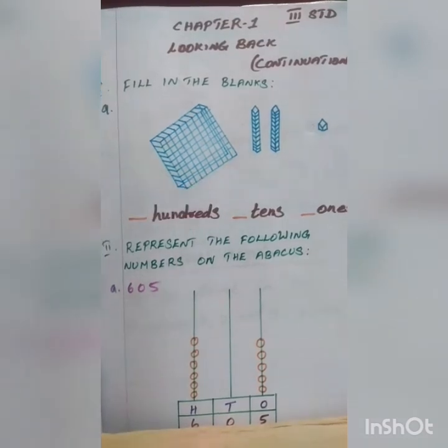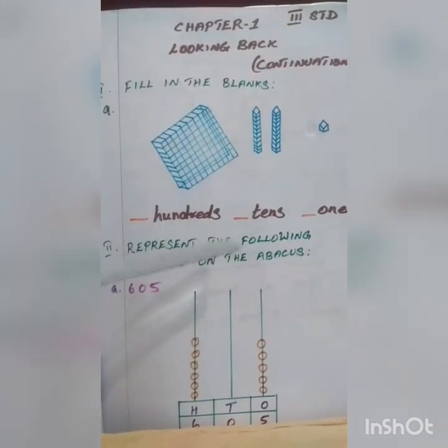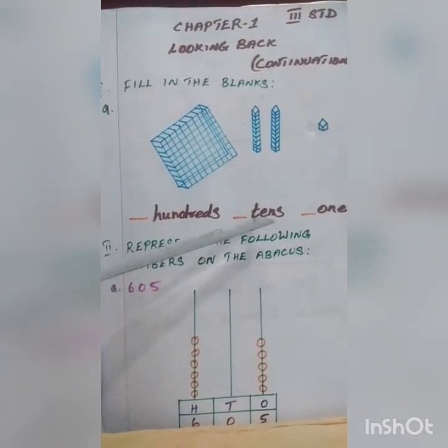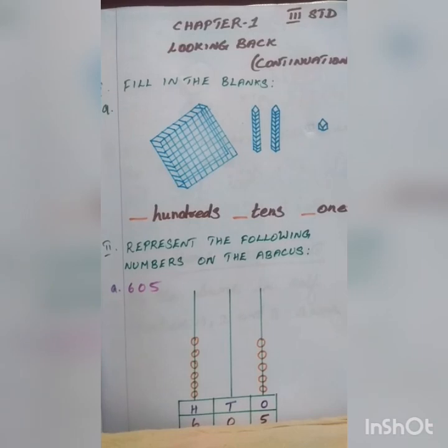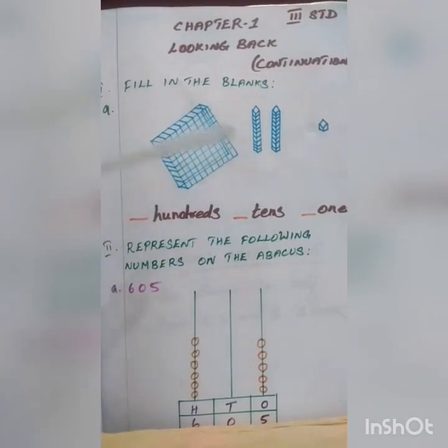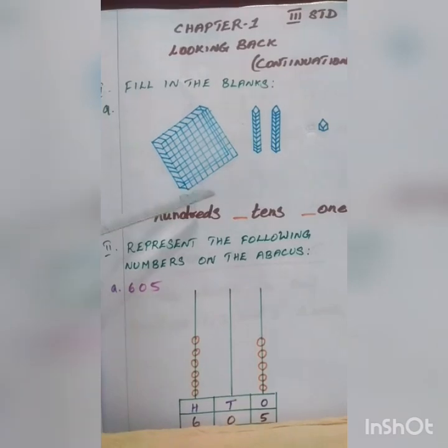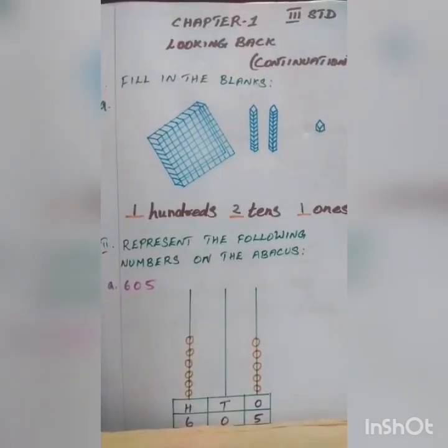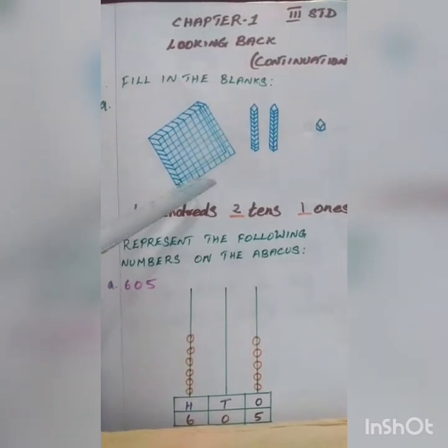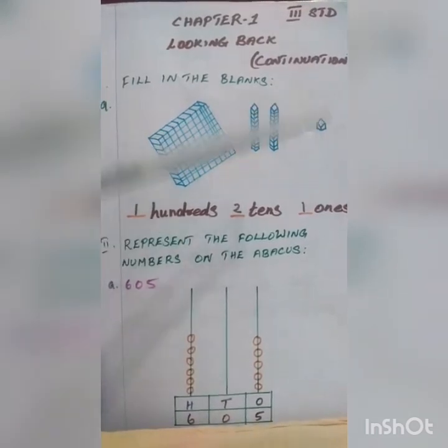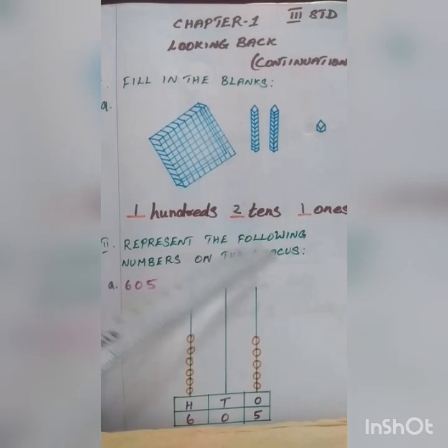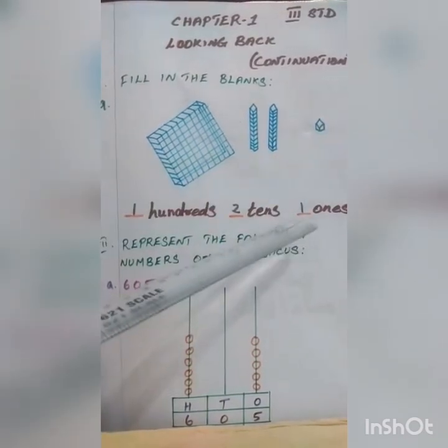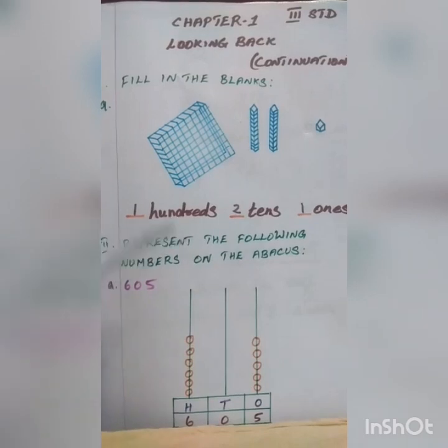Now see the picture. How to fill in the blanks. See the dash hundreds, dash tens and dash ones. Okay. You have to fill. How will you fill? So see that one. How many hundreds are there? 100. How many tens? 2 tens and 1 ones. Now you have to fill in the blanks. So 100, only one sheet is there, no? So you have to write 1 before hundreds. How many tens? 2 tens. So you have to write 2 before tens place. Then 1 ones. So you have to write 1. Okay. Are you clear about that one?